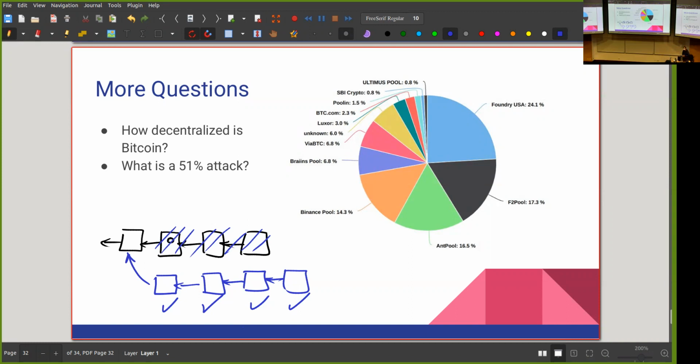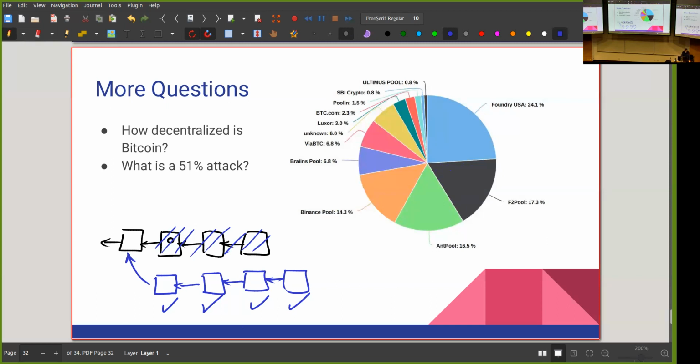So any group of people or organizations who have more than 50% can basically rewrite the history, can remove any transaction that they don't like, can add any new transactions that they like. And right now, this is how the computational power is distributed on the Bitcoin network. So there are basically 3 large mining pools. These are like organizations that mine blocks. And these 3 large mining pools together have more than 50% of the computational power.